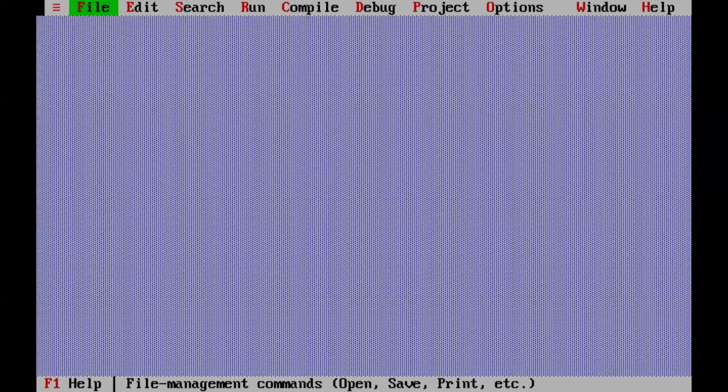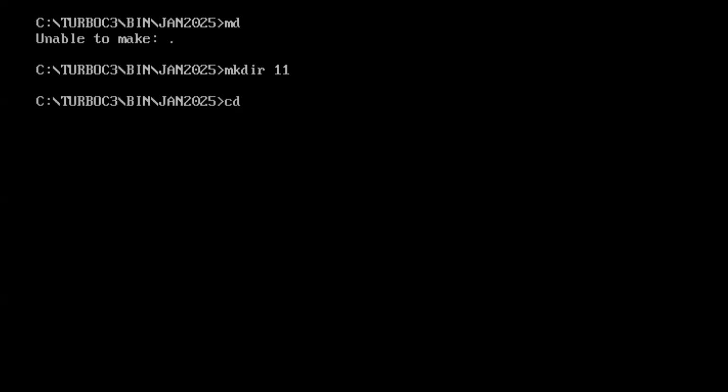So now, when it comes to your program, as you know, we were doing, I'll create one more folder. I usually do that. So md, make directory, md, is it working? No. mkdir is the command, and today it is 11th of Jan. cd 11, and now